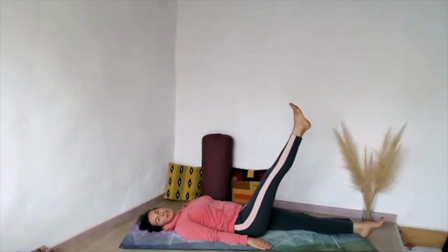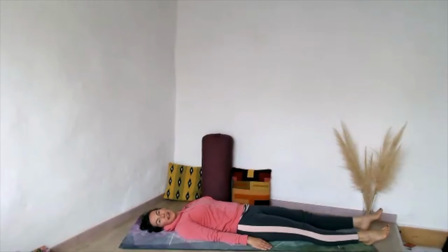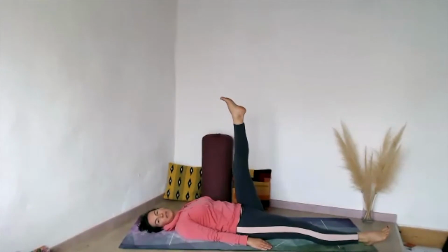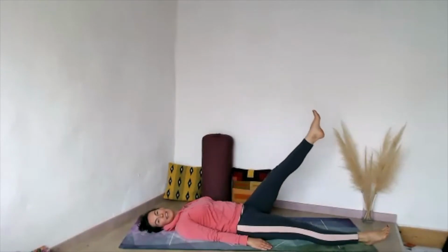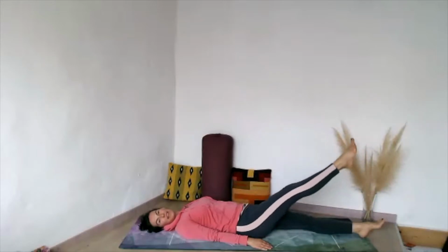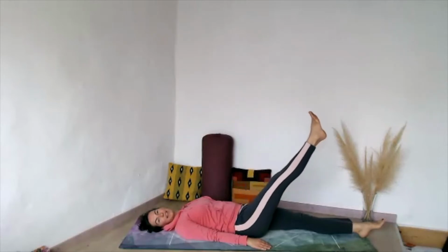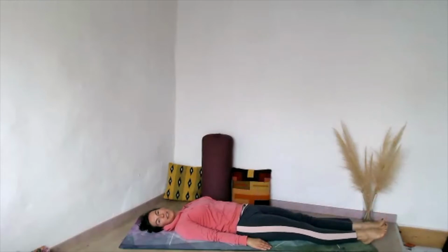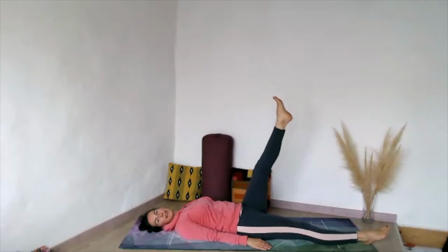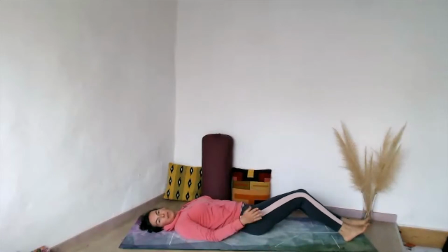And exhaling, bringing the leg down. And we alternate. So now inhaling, lifting your left leg up, making a 90-degree angle with your body. Exhaling, left leg down. Inhaling, right leg up. Exhaling, down. Inhaling, left leg up. Exhaling down. You can keep going one by one, or if you want, you can bring both at the same